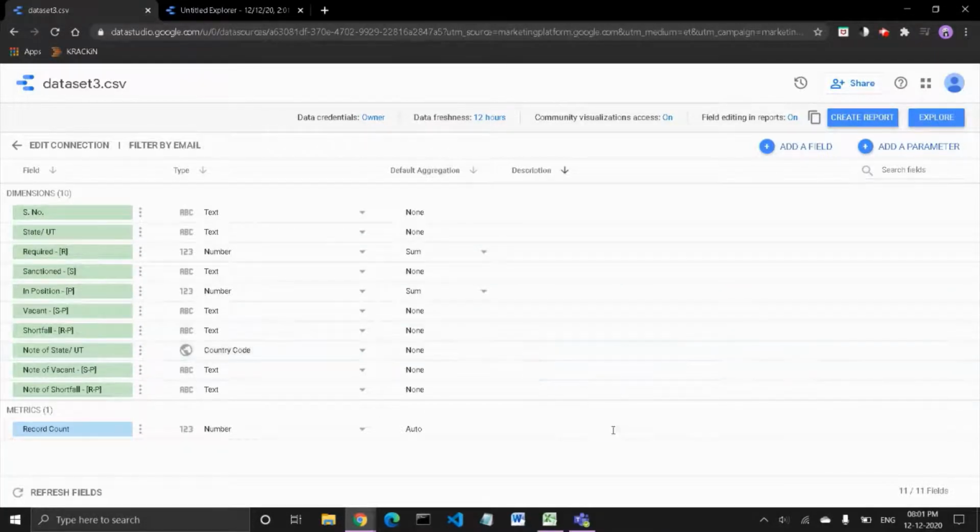We just added our data here, but you need to take care of a few things. That is, your data should not have any missing fields. If it has, it will not accept the data. It will show some error, that it cannot be loaded. Sometimes there comes an error that this format is not supported. You need to change the format. So you need to take care that the format is in the CSV format, that is comma separated values file. Then only you can upload it and you can use it. Otherwise, there will be a problem in using that.